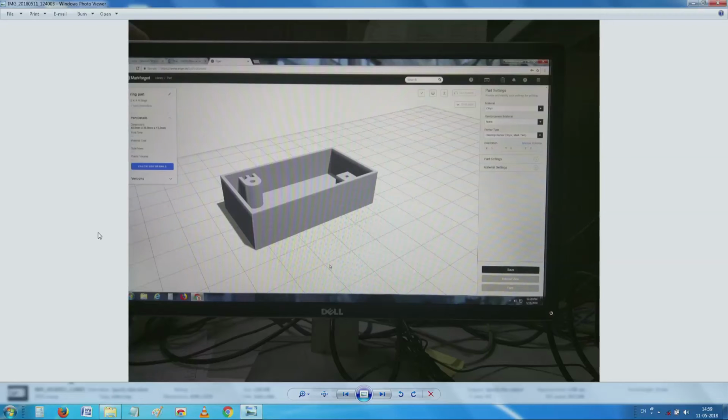So, this drawing has been loaded onto our patch program for making the part. And you see here, first of all, certain basic checks are done for unintended things.